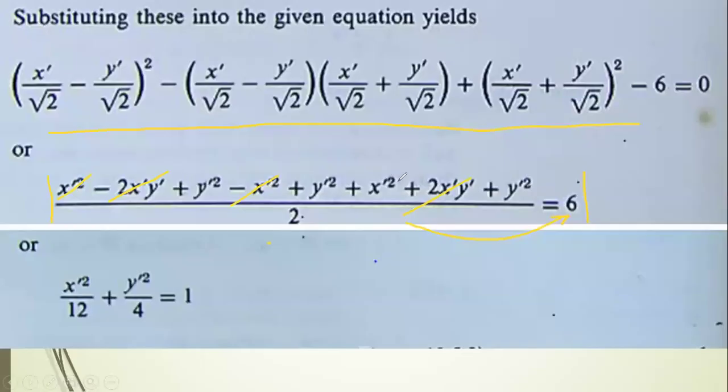I don't think we have anything else cancel each other. So we have 3y to the second power and x to the second power is equal to